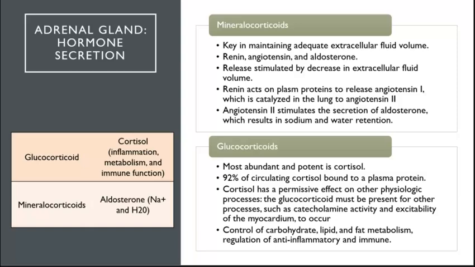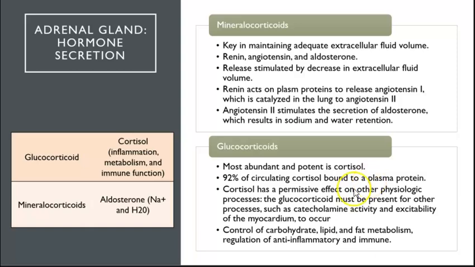You are going to be so sick of the RAS system. The RAS system is always going to come back and bite you. You need to have an idea of what it is and why we have it. Ultimately, it is fluid and blood pressure regulation. If we don't have enough fluid, the RAS system gets activated, aldosterone gets released, and our kidneys keep the sodium and water. Maybe we're going to vasoconstrict a little bit so that the fluids go to where they're supposed to go, like our organs.